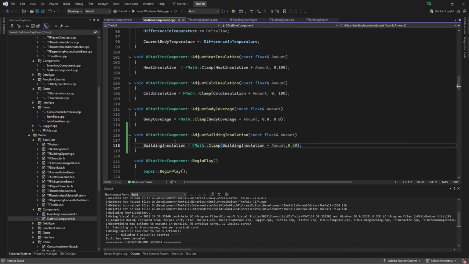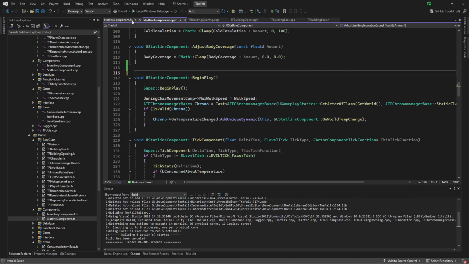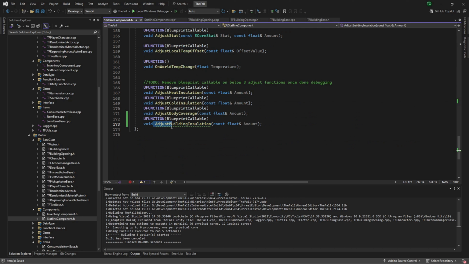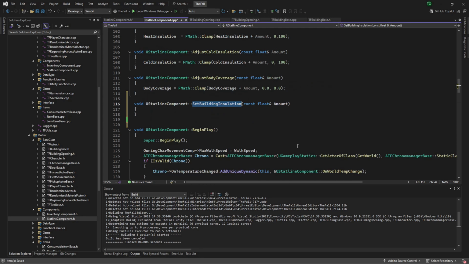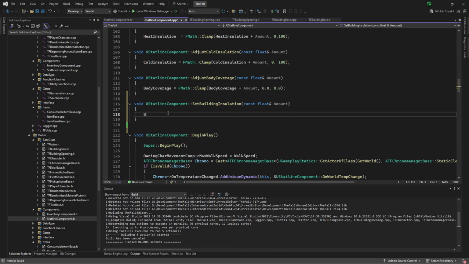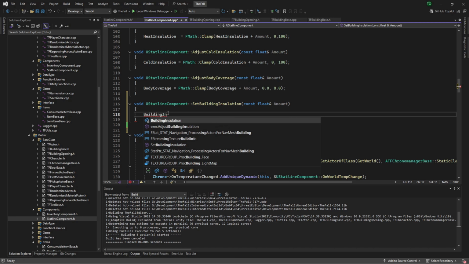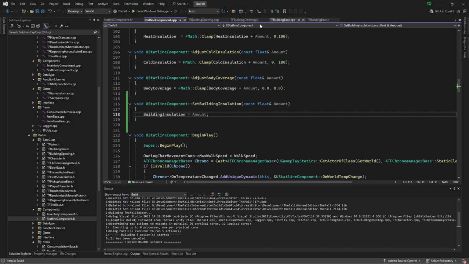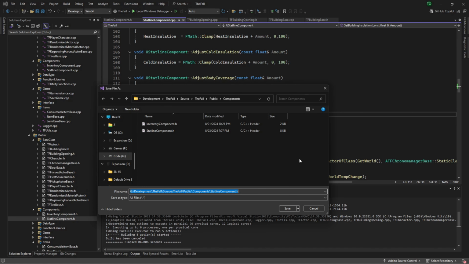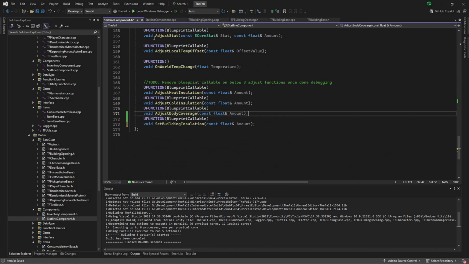So I'm going to go here and get rid of that one. I'm going to rename this to set building insulation, because I was thinking you're only ever going to be inside one building at a time. So building insulation equals amount. And there's a reason for this. So save everything here, because I was just thinking with the next line of code I realized